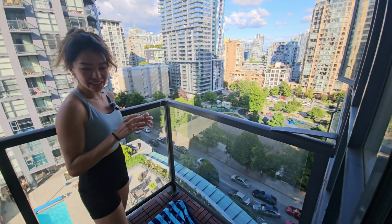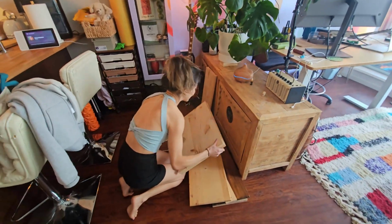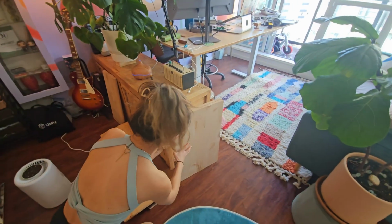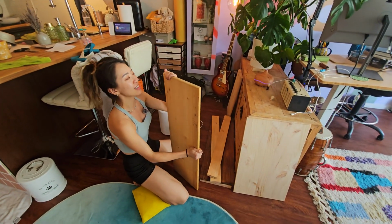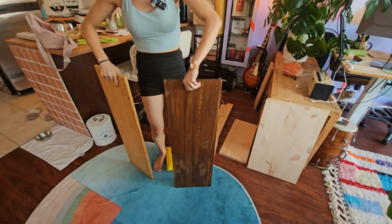Okay, the plan is that we're just going to use whatever I have in this house because I have all these leftover pieces of wood. We've got some scrap pieces, but what I really want to use as the surfaces are these long pieces of board that are already beveled on the side. So they've been sanded down and smooth. And if we bring it out,